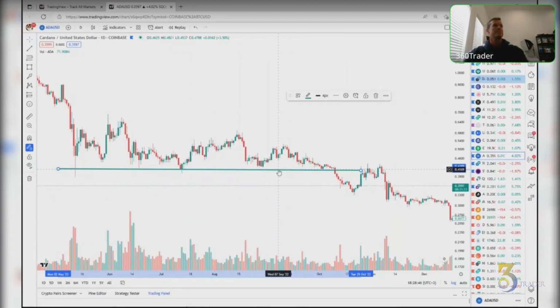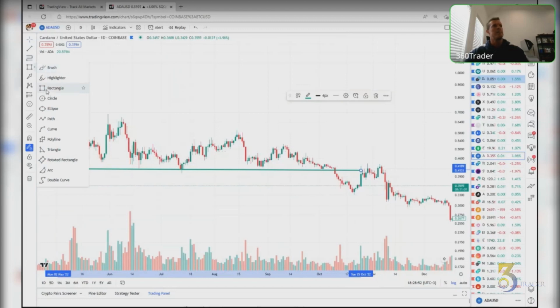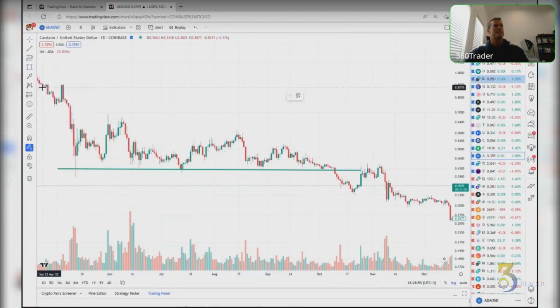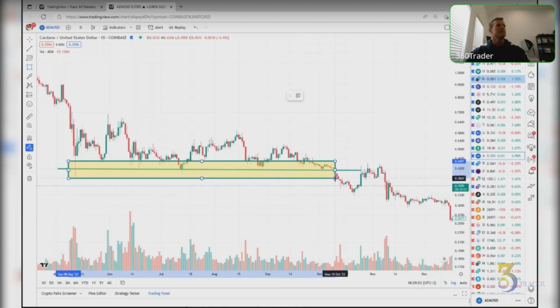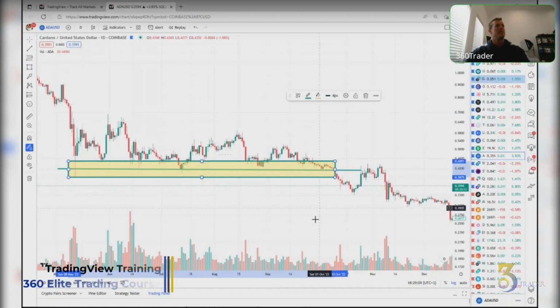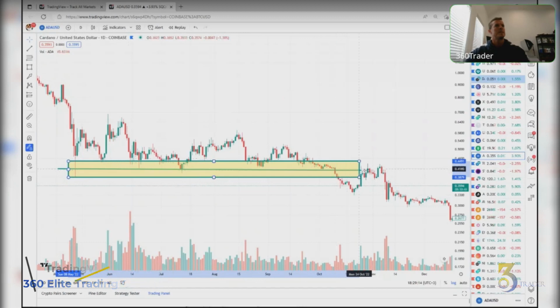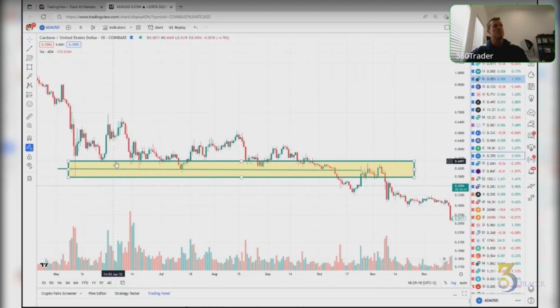The way to do that is, and I'm just going to draw it right over the top, go to your rectangle. Start drawing areas. So you can be like, man, all right, well, here we got pretty much a demand structure right here. Look how that works. This is a demand structure, and it's a range of it. Look at the wicks in here. I got that. This marks the bottom of that range.